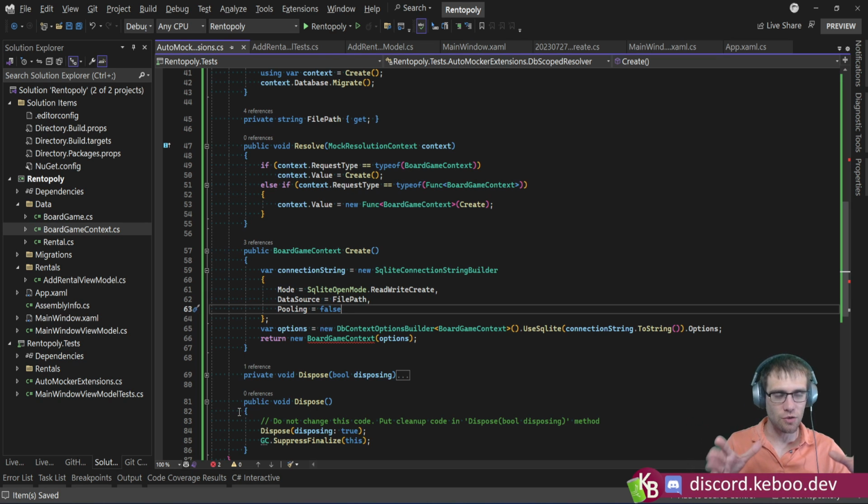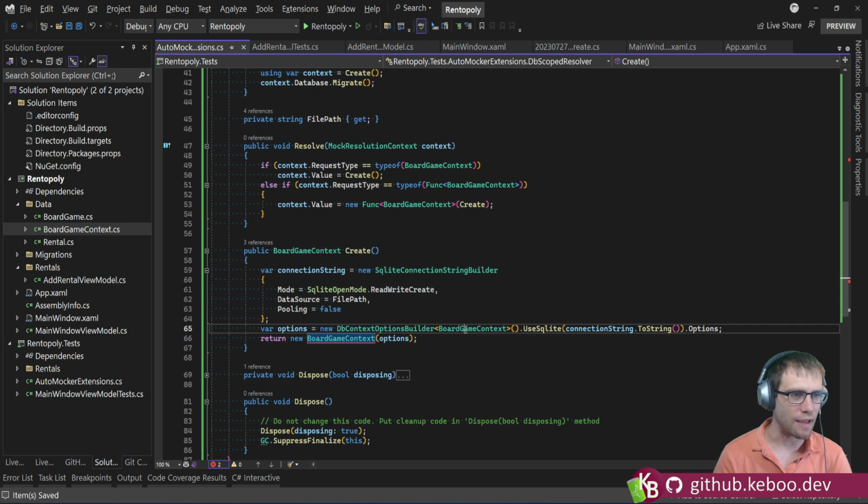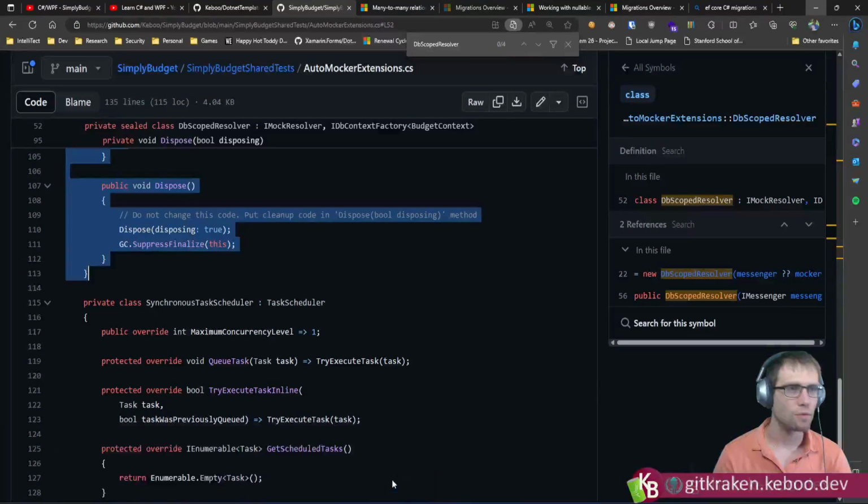So by doing it this way, it allows us to basically open a new DB context to the file and say, is the data in the file, right? I don't want to accidentally have reference sharing or things like that going around. Now, the one thing we are lacking here is this board game context options. So if we go and look here,